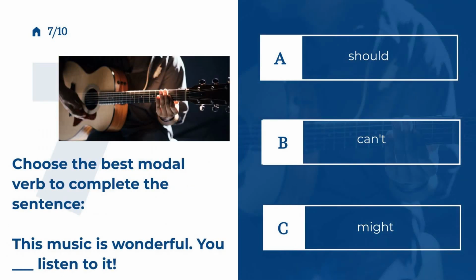Number 7. Choose the best modal verb to complete the sentence. This music is wonderful. You listen to it. A, you should listen to it. B, you can't listen to it. C, you might listen to it. The correct answer is A,